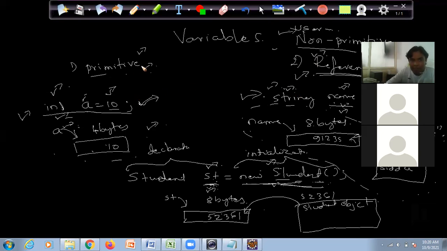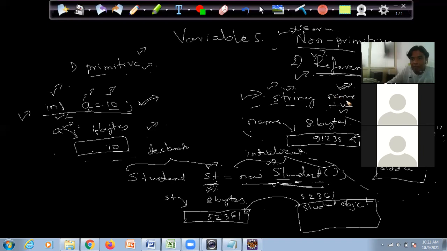In case of primitive, the value is directly stored inside the memory allocated for the variable, and the memory allocation depends on the data type. In case of reference, the value is stored somewhere in the heap memory and its address is stored in the allocated memory for the variable.